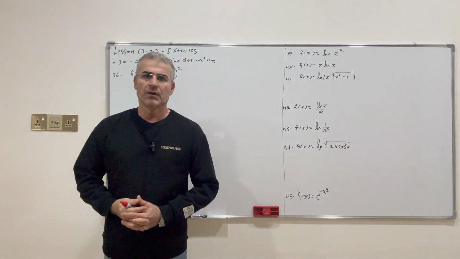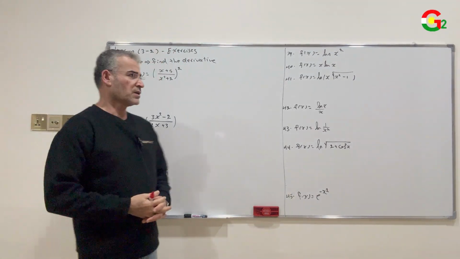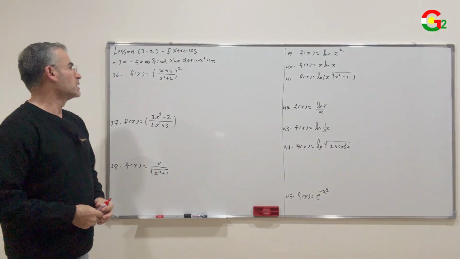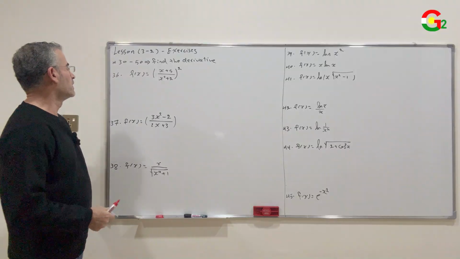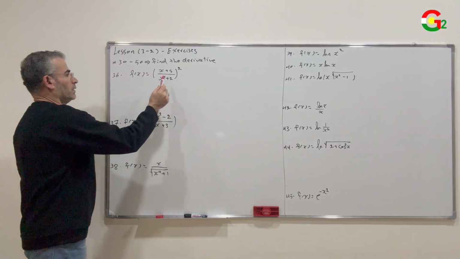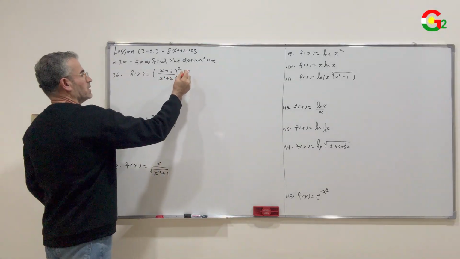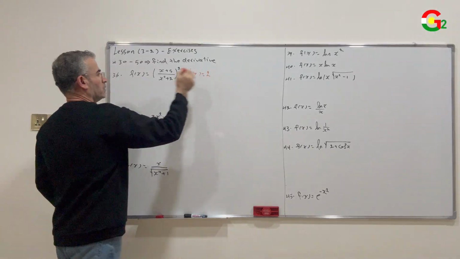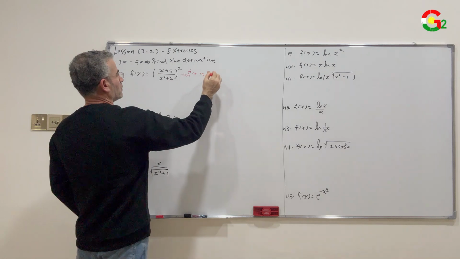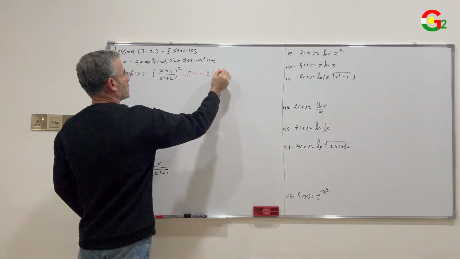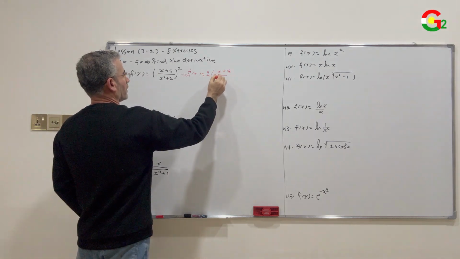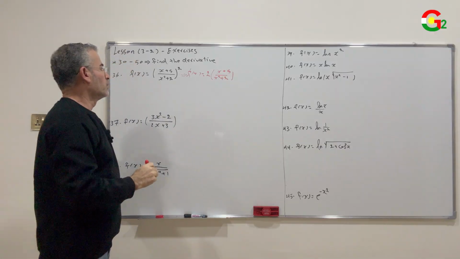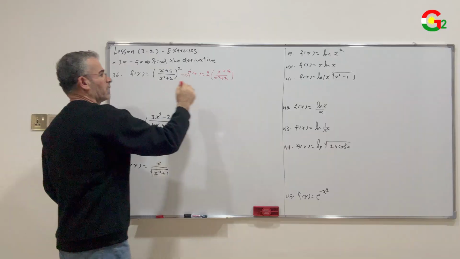Hello everyone. In this lesson I'll complete solving the exercises of lesson 3.2. We reach number 36. Find the derivative of this function. The derivative of this function is f prime of x equal to, derive the bracket first, 2x plus 5 over x squared plus 2. Then multiply by the derivative of the inside of the bracket,